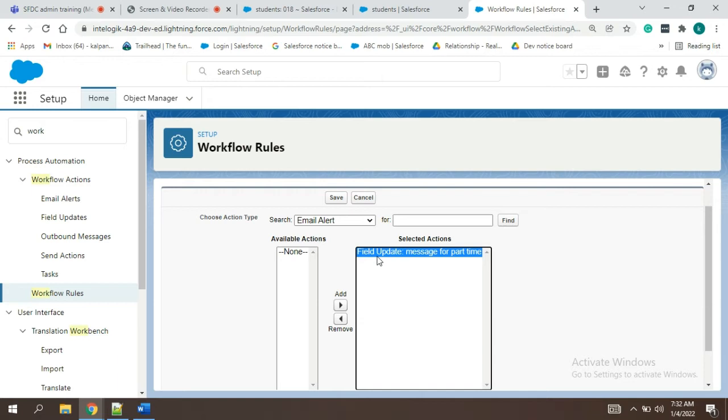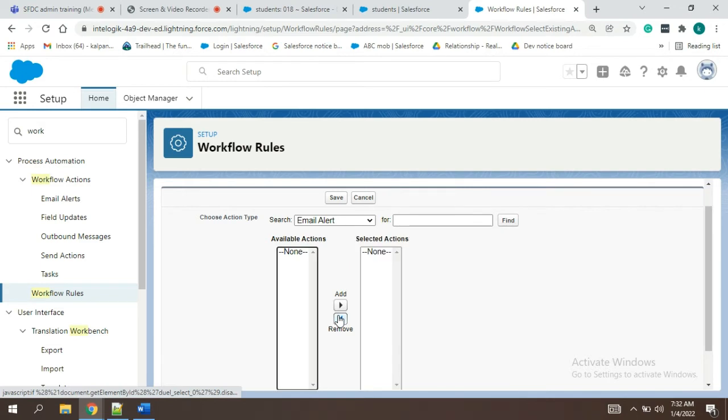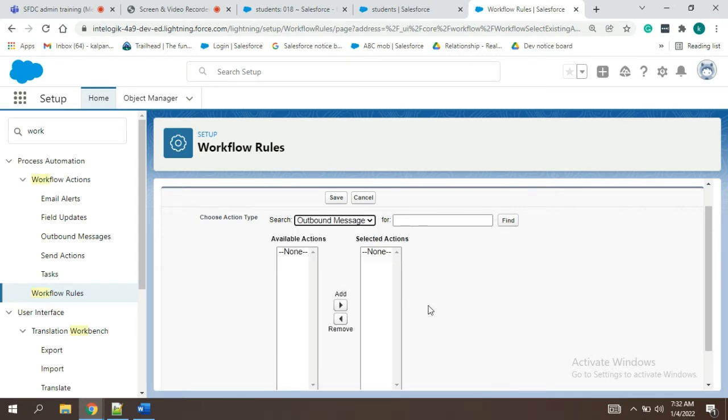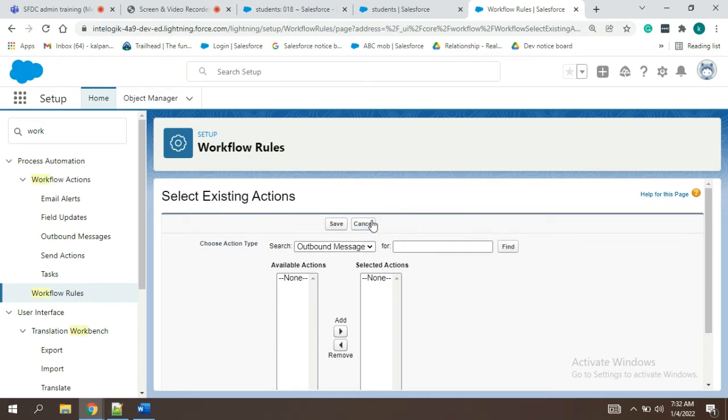Only one was there, so it took the side. See here, it is there. If already one existing action is there, it will take.